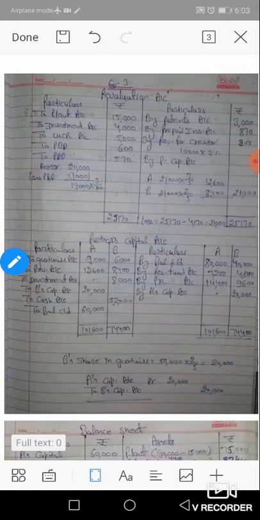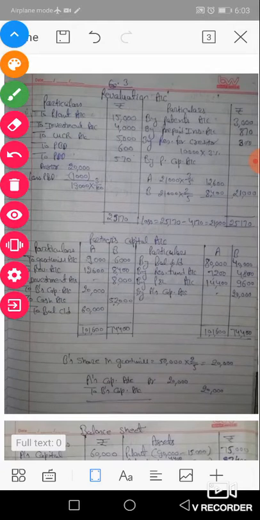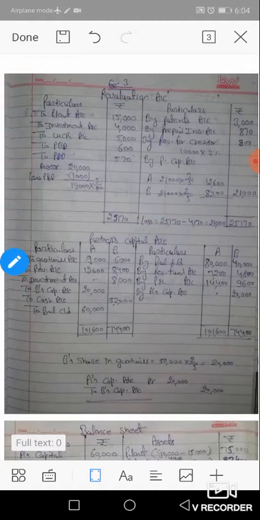Okay, so this is our numerical. All adjustments are good. The revaluation account of this numerical is better than numerical number 1 and 2. First of all, we will start from our revaluation account. There are two sides, debit and credit. The debit side represents the loss and the credit side represents the profit on revaluation.